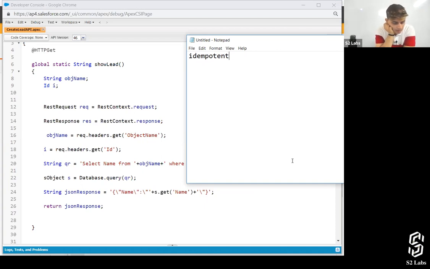That is, calling the same put request multiple times will always produce the same result.